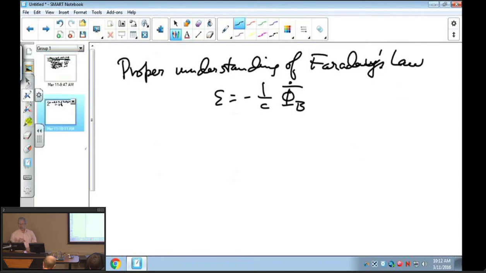Okay, so the proper understanding of Faraday's law is expressed in terms of the time rate of change of the magnetic flux. The EMF induced in a secondary, for example, may depend upon how the magnetic flux changes in time, or does depend on how the magnetic flux changes in time. Now this is less fundamental than the Lorentz Force Law. So the Lorentz Force Law